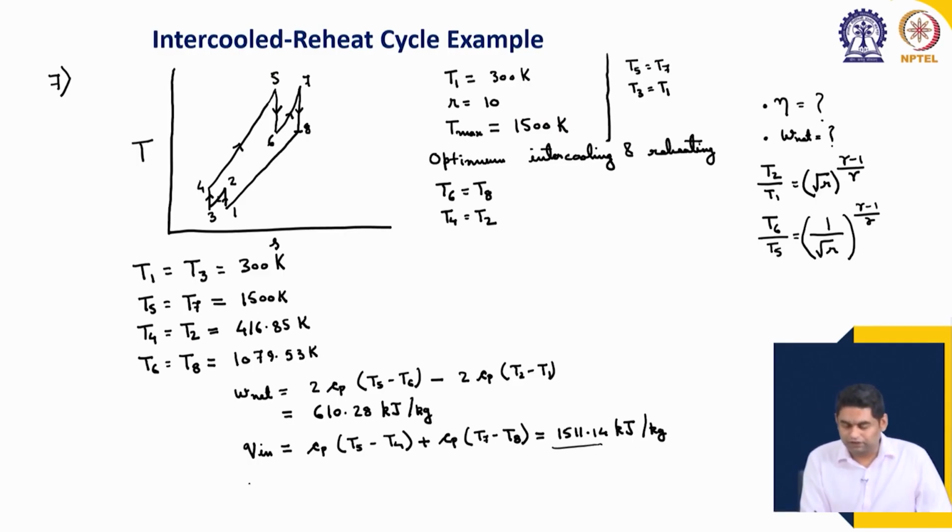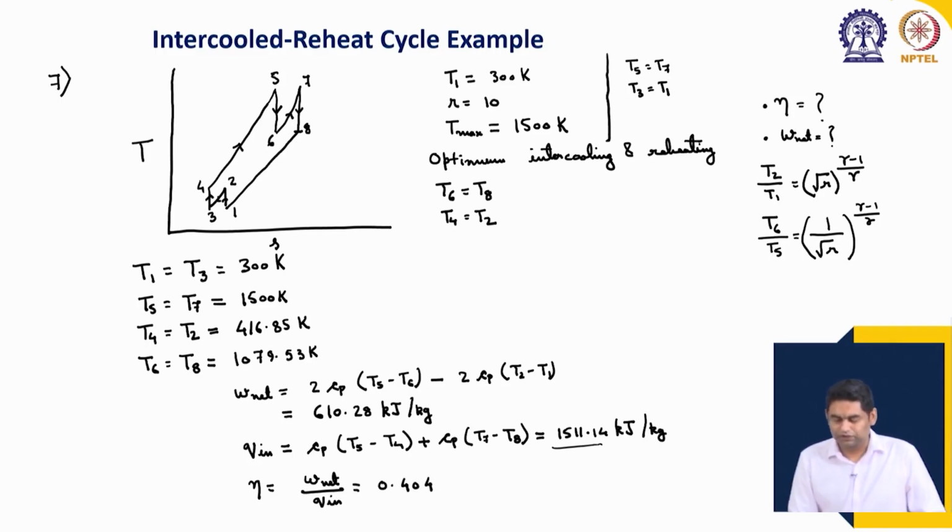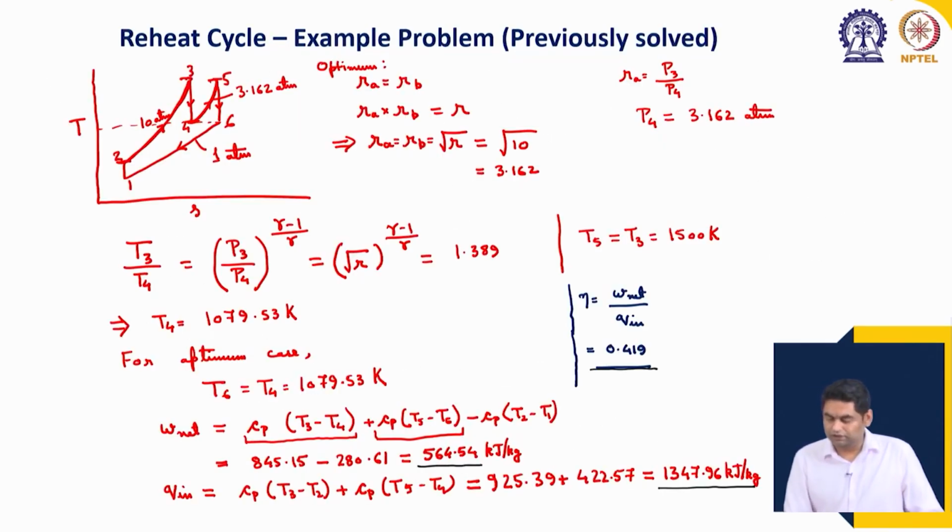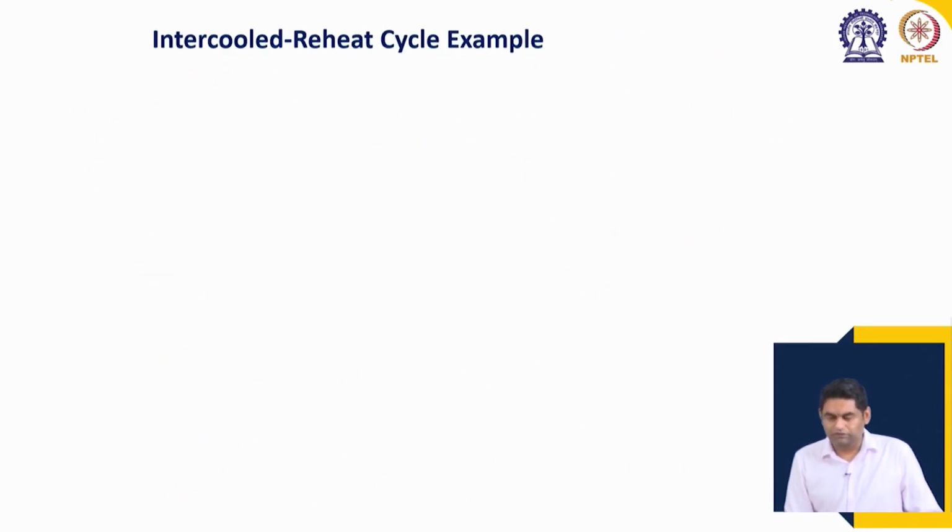Okay. Finally, we get the efficiency as W net by Q in, that is equal to 0.404. Okay. So, efficiency is lower than even the reheat cycle. Okay. So, if we compare this,